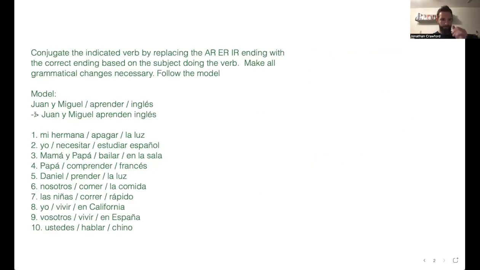So we go over here, and you have the model, because it says make all grammatical changes, follow the model. Juan y Miguel aprender inglés. Well, aprender means to learn. And by the way, I want to show you guys something before we get carried away with this. Let me stop sharing this and share